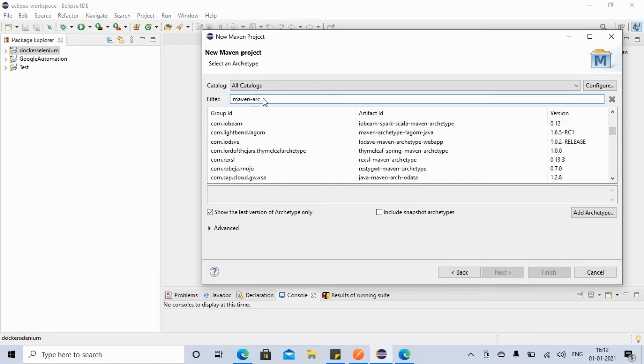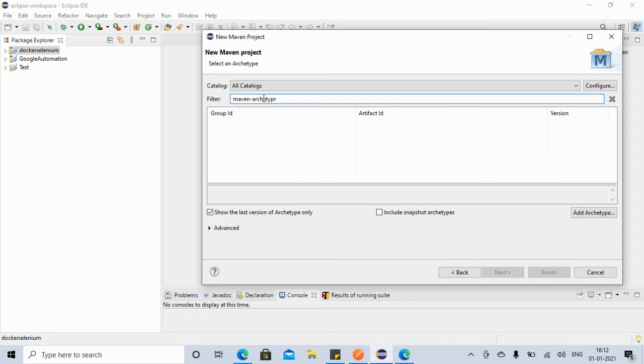Maven archetype, right? So we want Maven archetype.